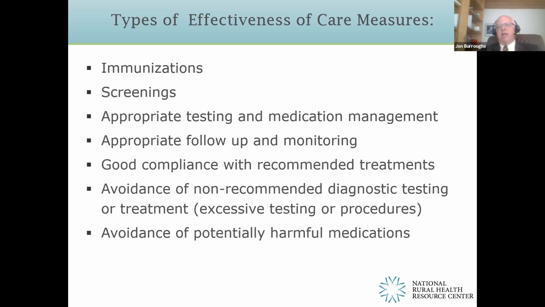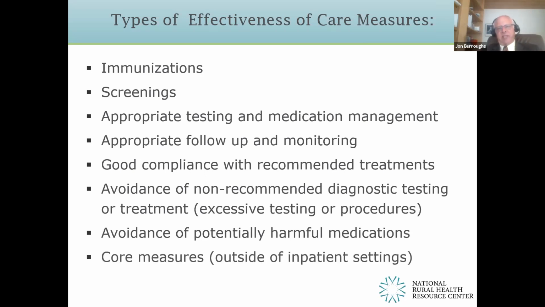I can't tell you what a major issue this is, and I'll give you a classic example. Antibiotics when someone has a viral infection. We give out billions of dollars every year of antibiotics to people with viral infections, and we actually make them sicker. And I will actually share with you a personal story that my mother-in-law was killed by antibiotics provided for 2 viral infections. She had a viral bronchitis, was given Augmentin, was given Cipro for a urinary tract infection she didn't have, and she died of Clostridium difficile. So antibiotics can be extremely harmful when they're used inappropriately. So can painkillers. Core measures in the ambulatory side, very important.